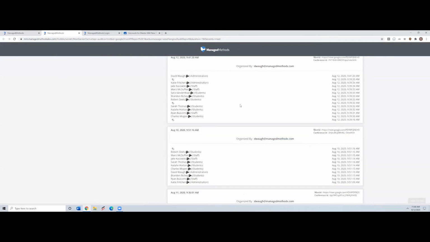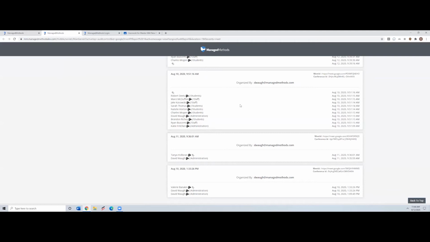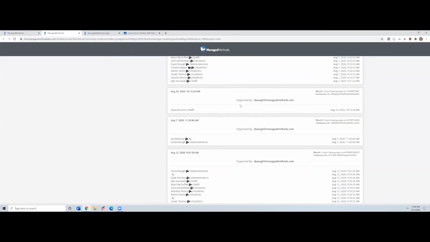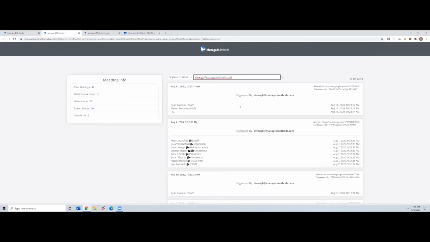And he can get this report and take action on that. If a student is not attending a class that they were supposed to attend, they can have a conversation with the student or the parent and remind them that they're expected to be joining these Google Meet classes.